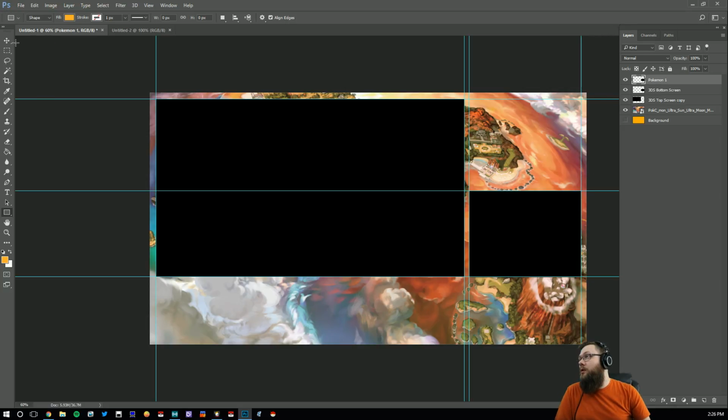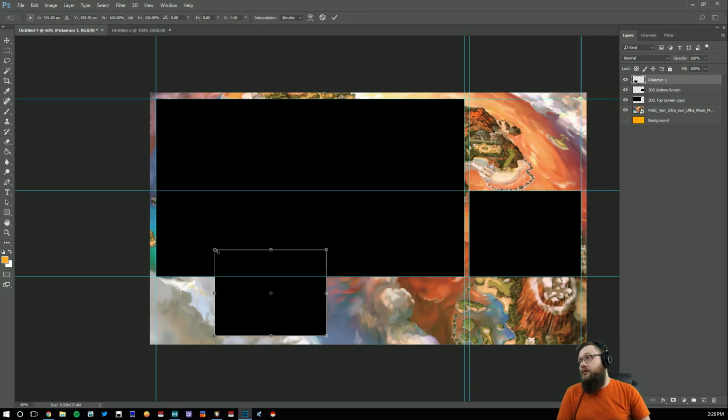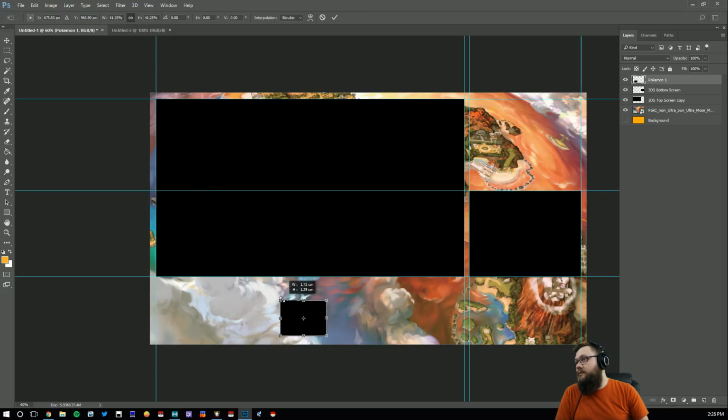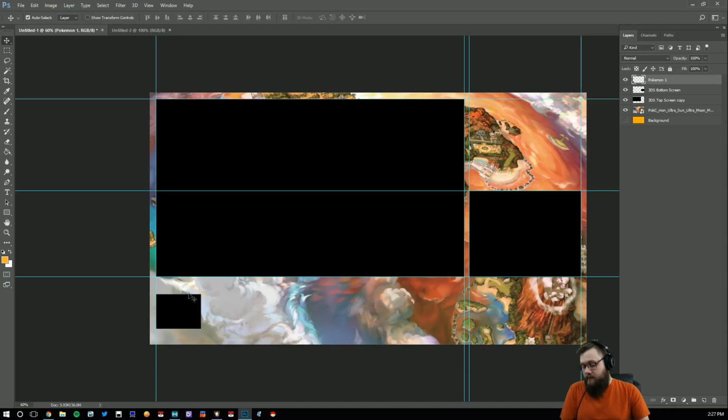Okay, so what we're going to do is we're going to move the box, Control-T it. I'm going to make sure it stays the same size. I'm going to put our team in. So it's literally just adjusting the boxes. That's all it is. Just adjust the boxes to the sizes that you want. And what I like to do,